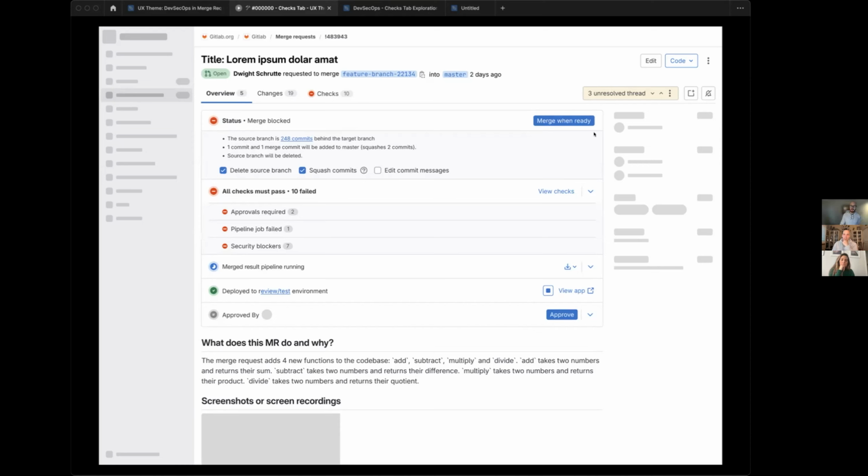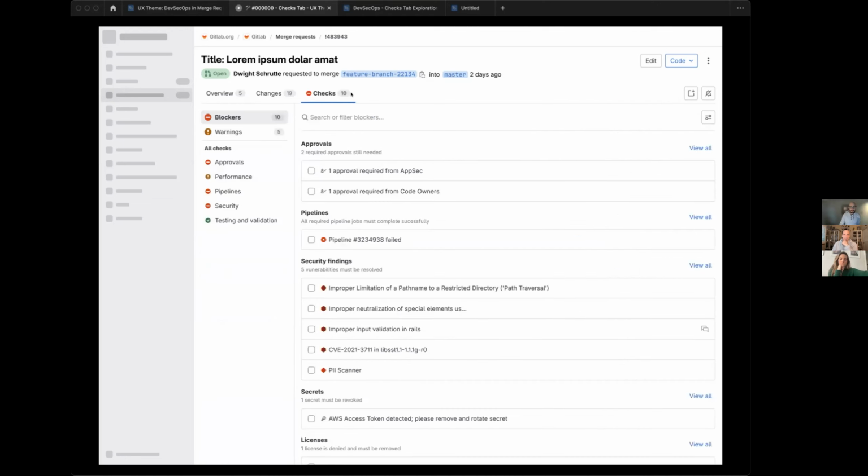And the problem you're running into is right now you have that single view checks button that brings you to the checks tab. But if you put the unresolved threads in, that's not true. Yeah, because adding the comments or unresolved threads into this check section gets really confusing because when you can comment